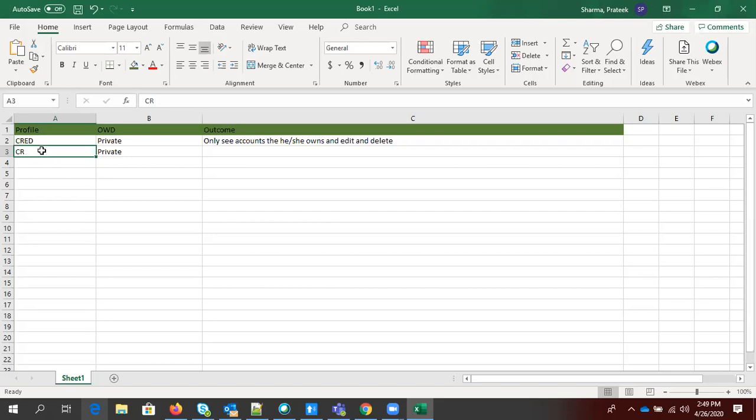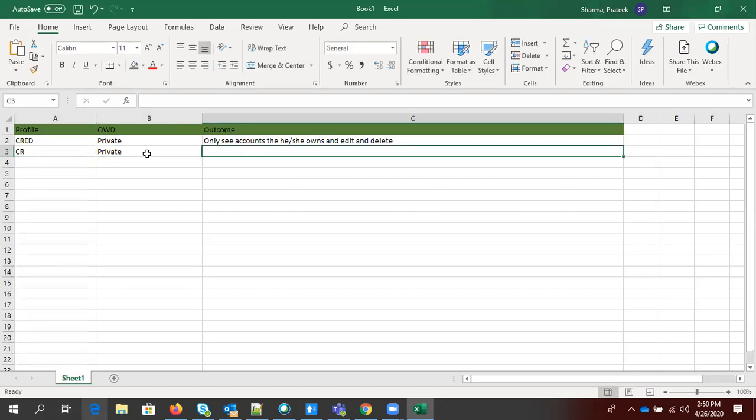It doesn't matter who owns the record, because you don't have the profile permission to edit or delete, right? So you cannot perform edit or delete operations on any record, doesn't matter whether you own it or anyone else does. Is that clear? Because this is the profile permission. On the metadata, you can only perform create or read permissions. And again, OWD is private. So you can only see records that you own, but you cannot edit or delete your own record as well, because you don't have the correct permission on profile.